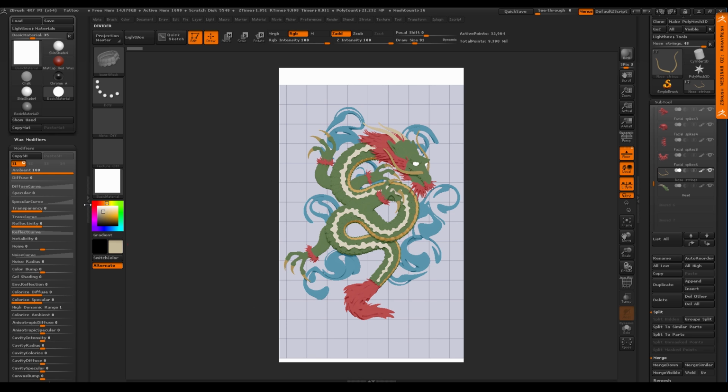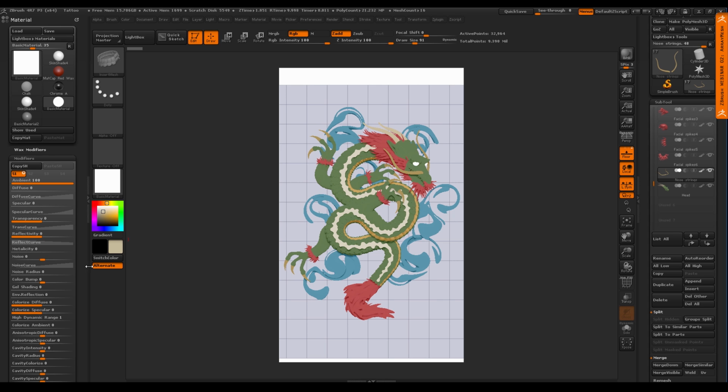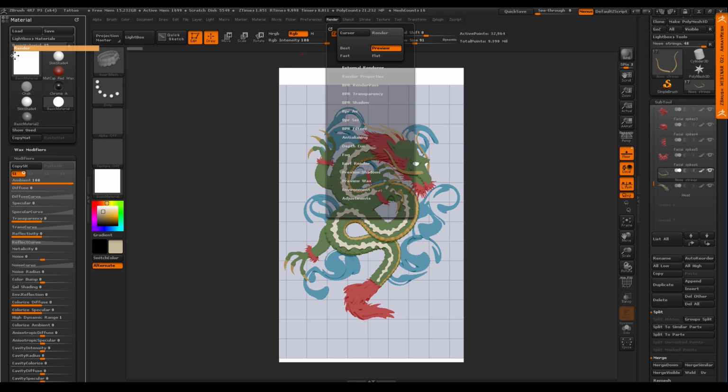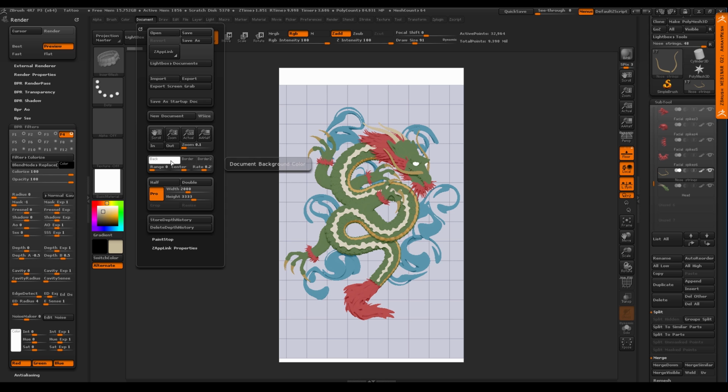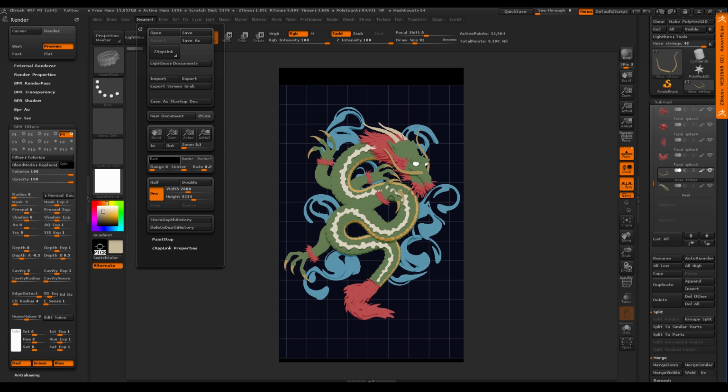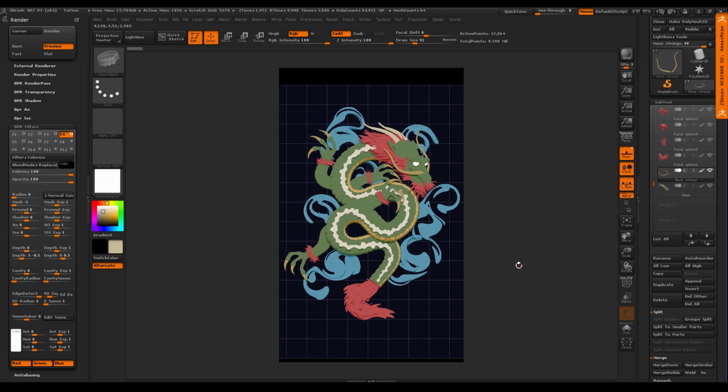So we'll let this render out. Let's dock our render palette, and we're going to go into these filters real quick, and then I'll show you what I'm going to do. Before we do that, I made the background white just for the purpose of posting. Let's change the background to pure black. In Document, I'm going to say Back, and drag to the black swatch, and now it's pure black. The floor is on. That's really important because I want a shadow to cast. So now I'm going to render this out.